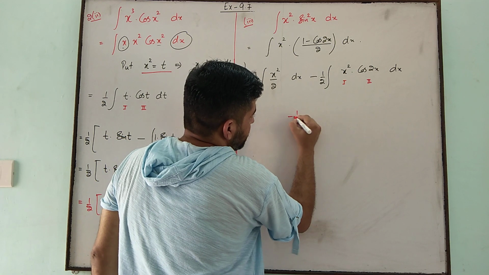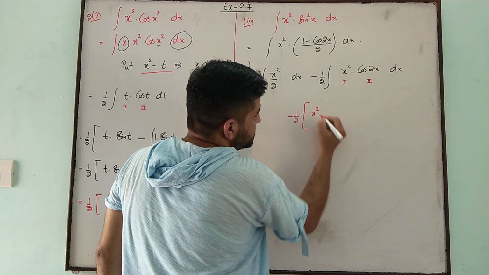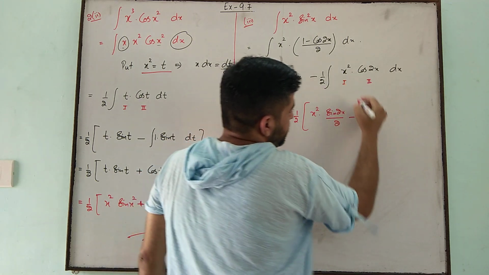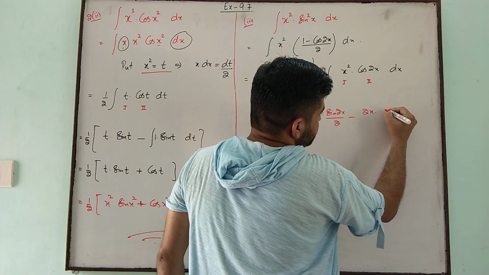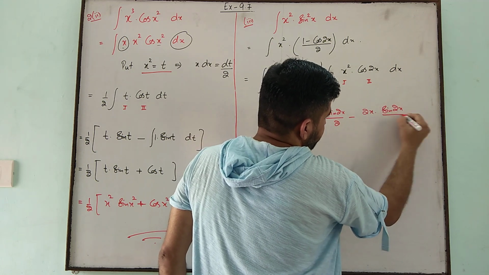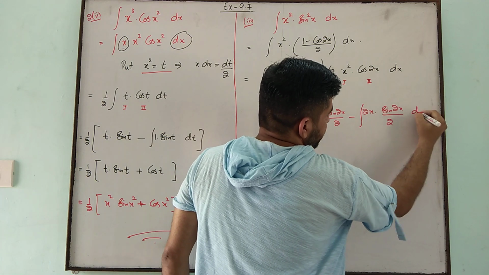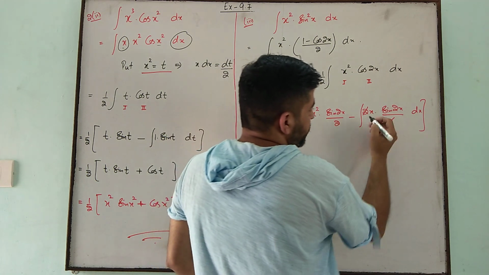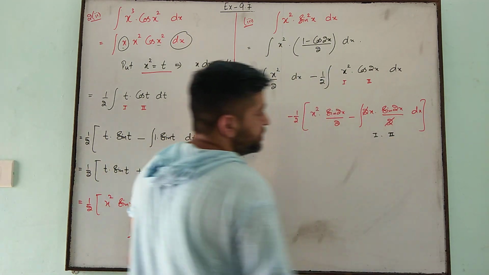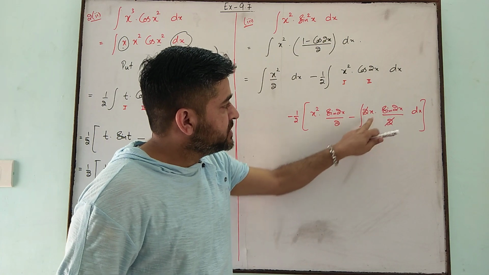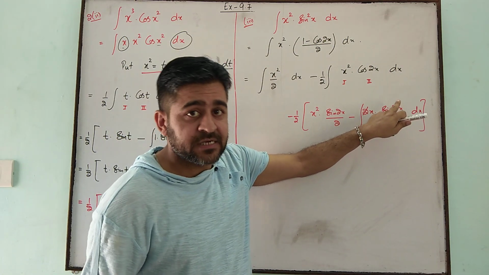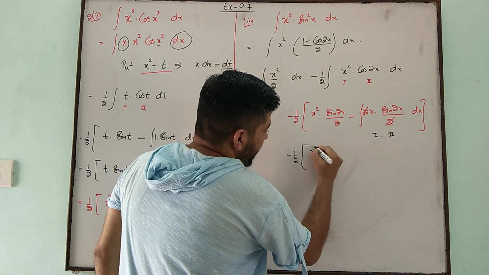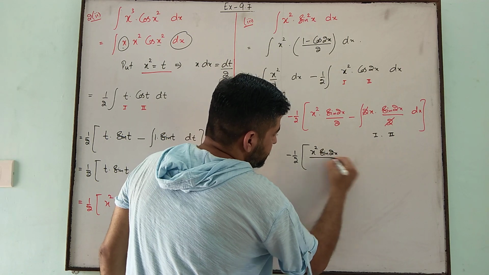So first function as it is, integral of second, minus first function derivative, integral of second, and then in multiplication its integration once again, first into second, because if you need to integrate this, u into v you have to apply, you cannot change the methods here, right? So minus 1 by 2 x square into sin 2x upon 2, this is simple, and